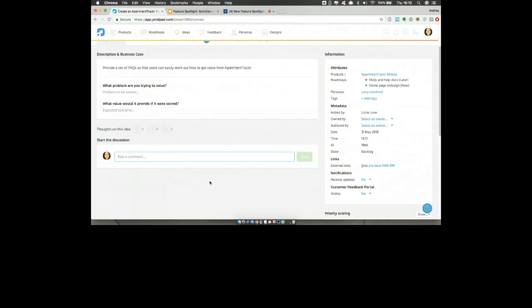Okay, I've got another question here. Can you use the email notifications to track usage of ProdPad by your team? That is an interesting question. Can you use the email notifications? I don't know, because again, those emails shoot out on a per user basis, so you wouldn't have access to